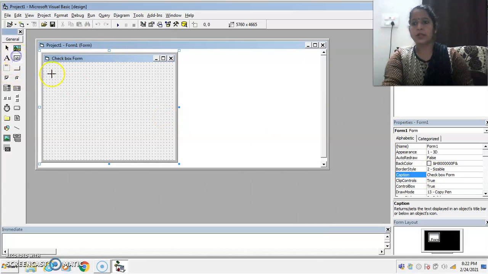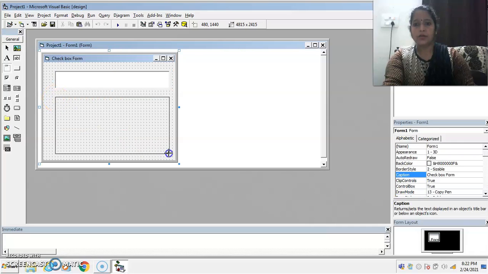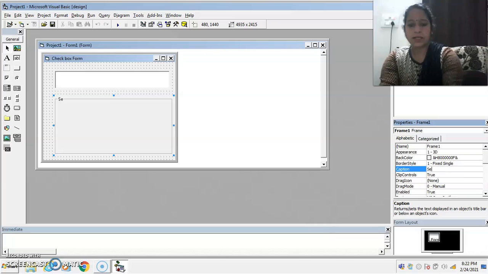Now take one text box. Okay, this is the text box. Empty its text. Now take one frame control for grouping these checkbox controls. Set its caption to, suppose, select your choices.